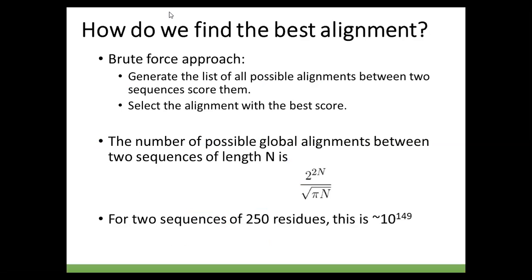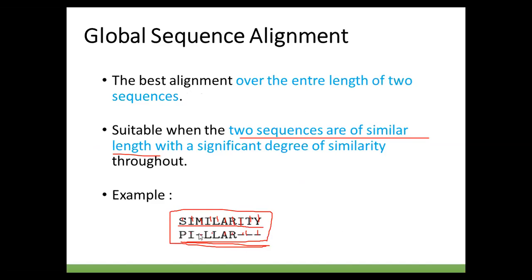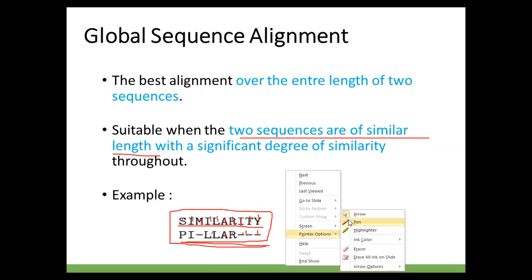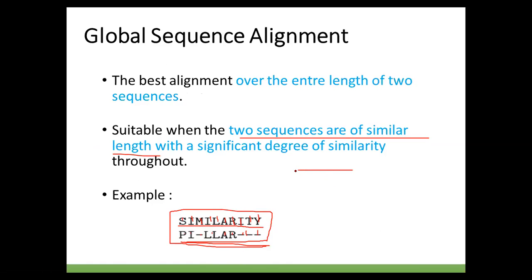So how do you find out the best alignment? We can align this in different ways, manually or whatever it is. This is one way. There may be many other ways you can put these two together, with 4 gaps in the second sequence. You can put the 4 gaps in front, or in the back, or some gaps in front and the other gaps inside the sequence too. Likewise, you can create many